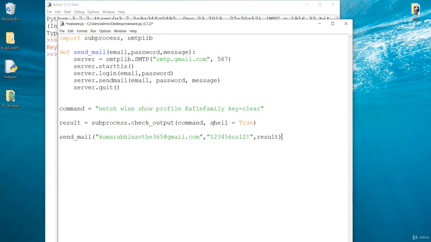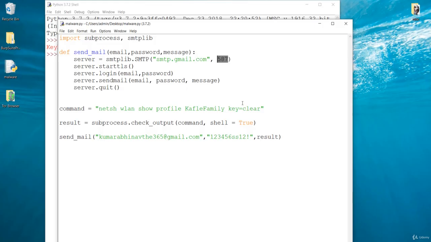So make sure this email and password are correct, because you can see that first of all it should log into our email account, and then it will send this email. So before sending the email it will log in. That means this password and this Gmail account should be correct. So we have now completed our program. Let's save this first, and make sure there are no typos and everything is correct over here. You can see this is the port which is 587, and this is the SMTP port for the Gmail server.